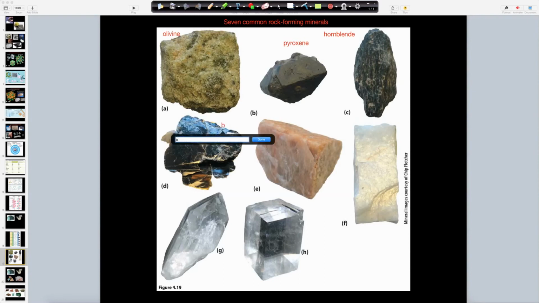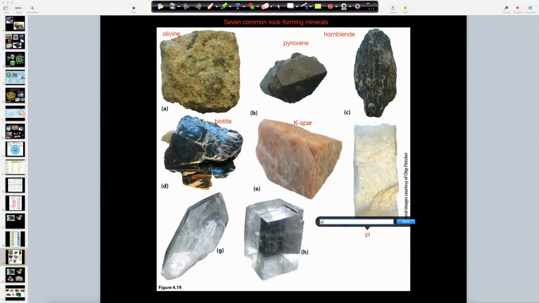Then we have biotite. Biotite is your sheet silicate. We have potassium feldspar or K-spar. So this is your framework silicate. So it's pretty hard. It has 2 planes of cleavage at 90 degrees. Feldspars also have these little veins in them, or potassium feldspar does. It looks like it has veins. It also has what's known as striations, which are little grooves on the surface, which in this picture you can't